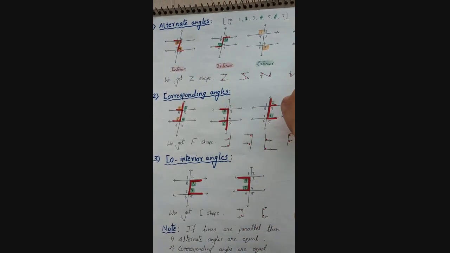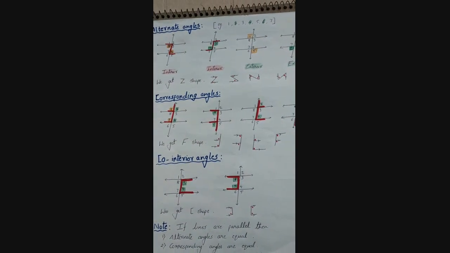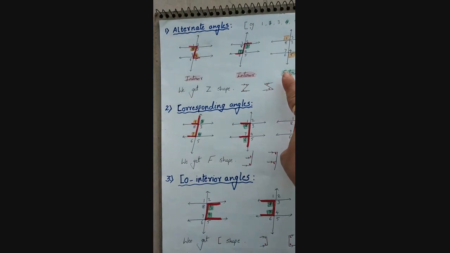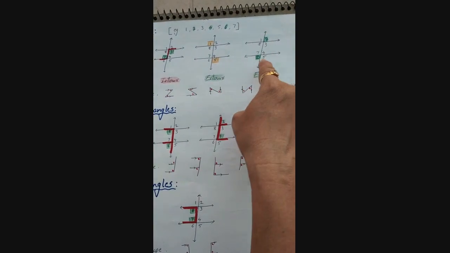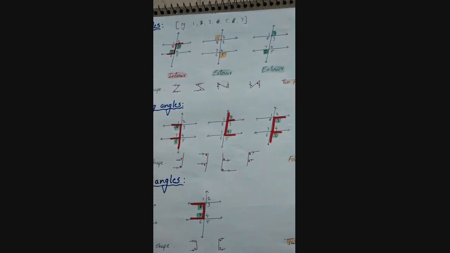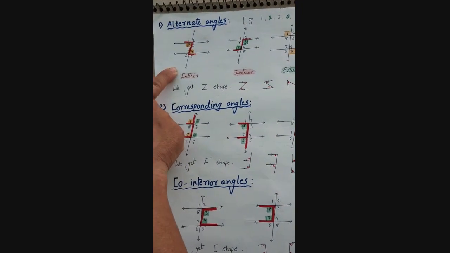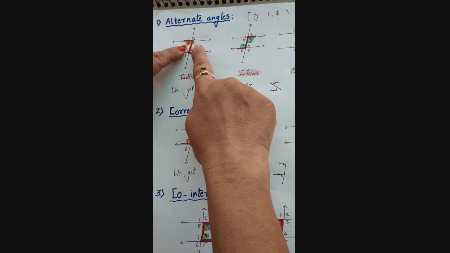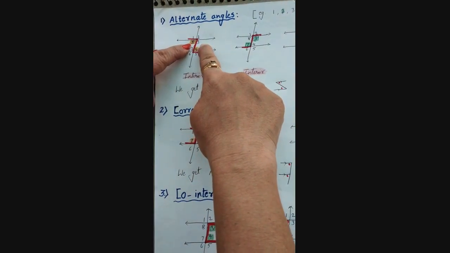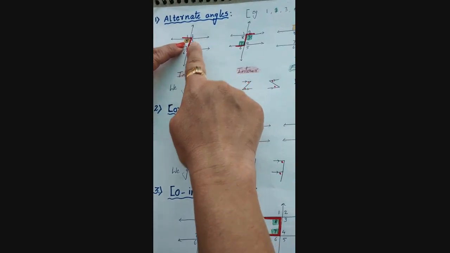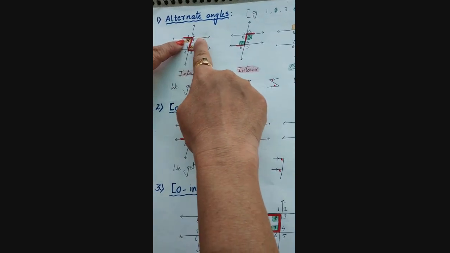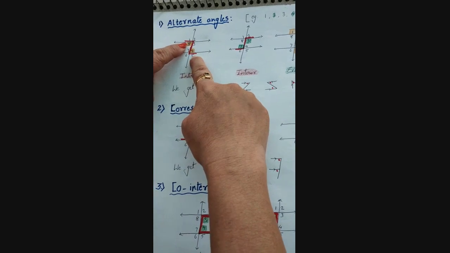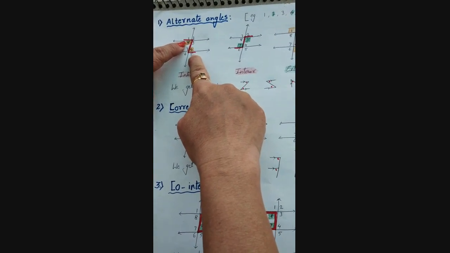Here I have drawn 4 figures. In the first two I am talking about the interior angles and in the next two I am talking about the exterior angles. Now come to the first figure. If I start with 8, the next interior angle is 3 if you go clockwise. So leave 3, take 4. Take 1, leave 1, take 1. So angle 8 and angle 4 are called alternate interior angles.